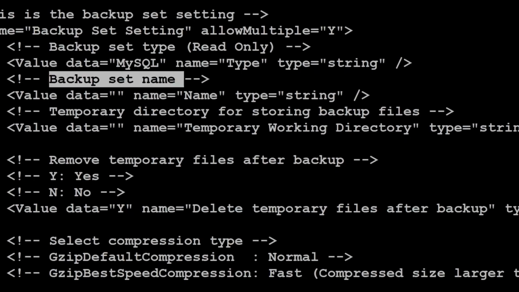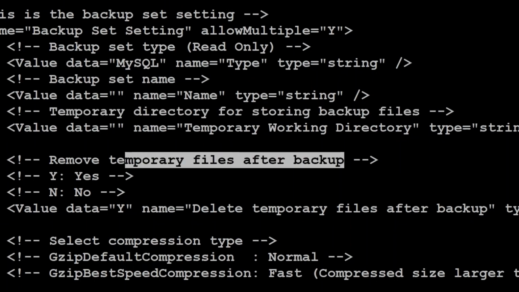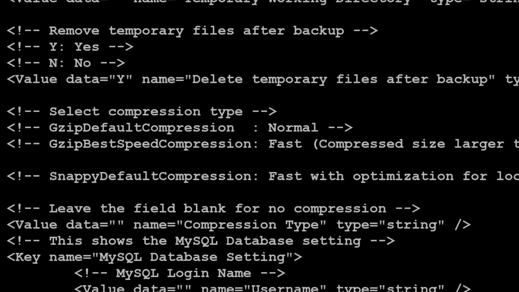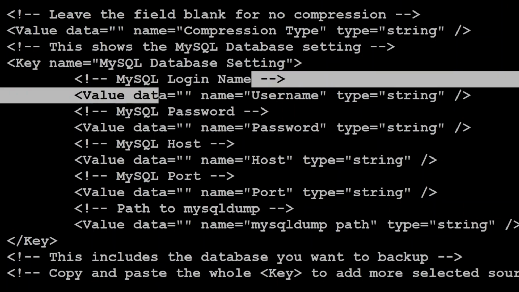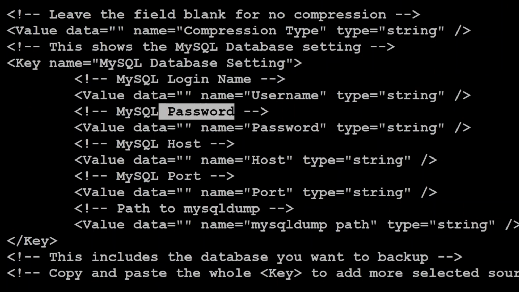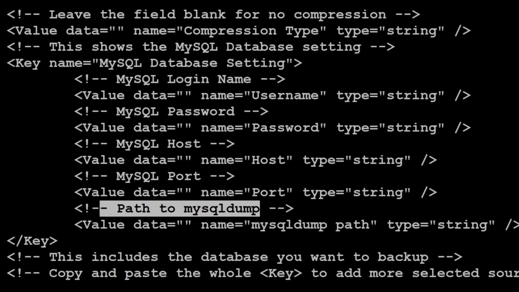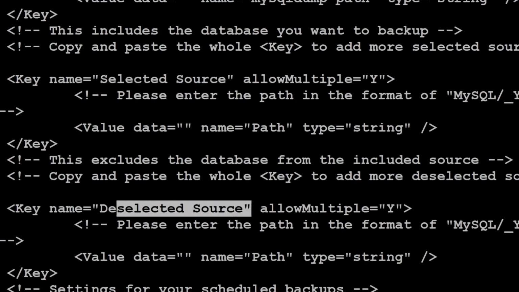Backup set name, temporary directory for storing backup files, remove temporary files after backup, compression type, MySQL database setting, MySQL login name, MySQL password, MySQL host, MySQL port, path to MySQL dump, selected source, deselected source,